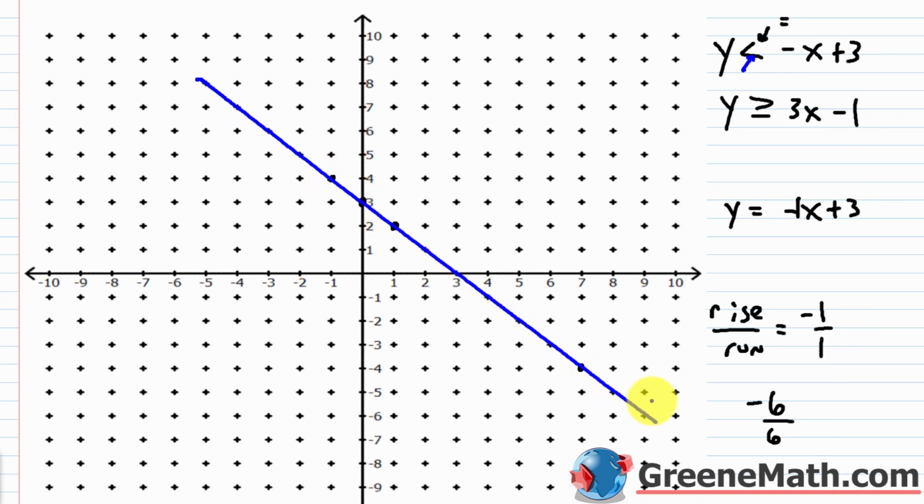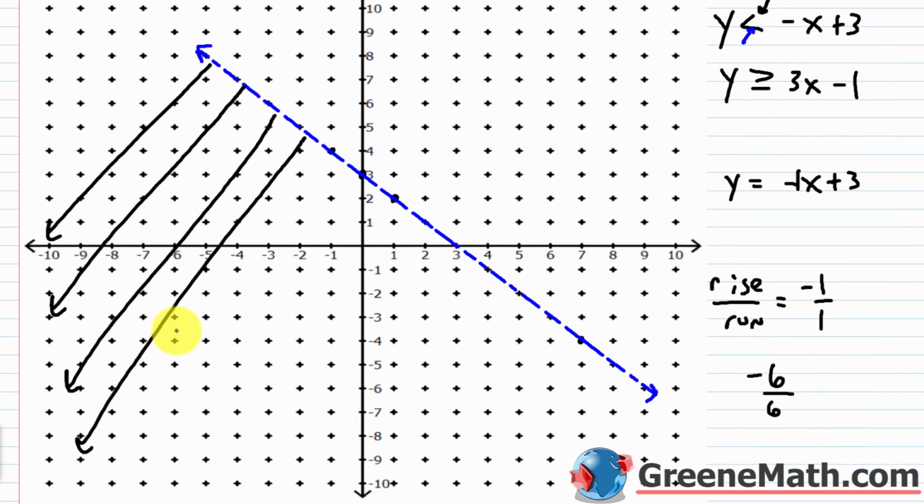Okay, so I'll draw my line to start, put some arrows there, and what I want to do is take my eraser now and break it up to let people know, if they're looking at this, that this line is not part of the solution. Anytime you see a dashed or broken line, you know it's not part of the solution. All right, now we have a less than, so we're going to shade below the line. So I want to shade below the line